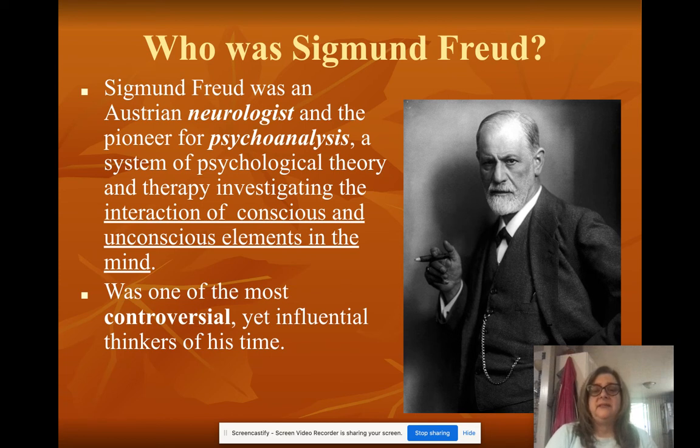Through all of his practices, he developed this psychological theory. And he first came about thinking about how your brain works. And he says it's an interaction of your conscious, what you consciously do, what you tell yourself to do, and unconscious elements that are also in your brain, things that you don't tell yourself to do, but they just kind of pop up. You may have heard of a Freudian slip. That's when you say something that you were thinking, but you wouldn't normally say out loud. That came from Sigmund Freud.